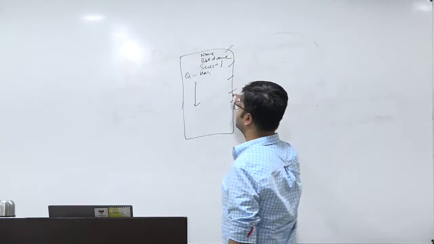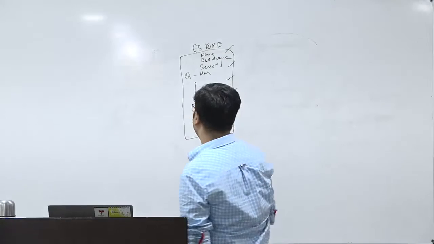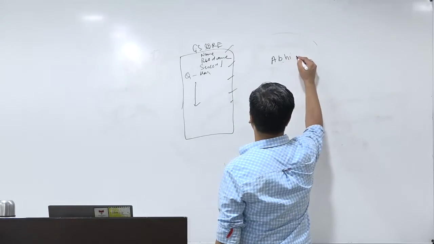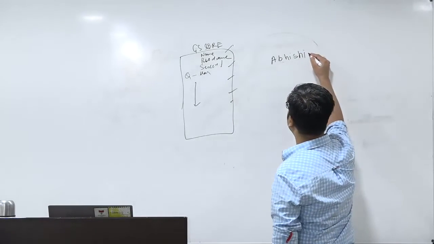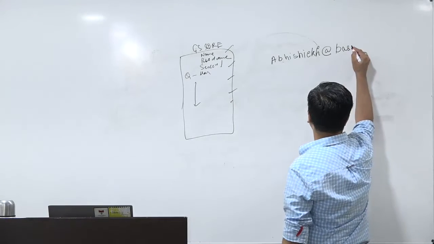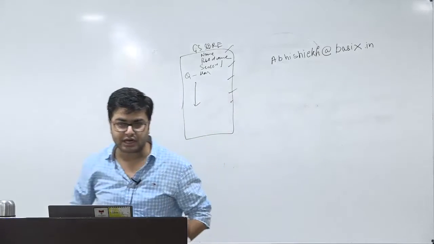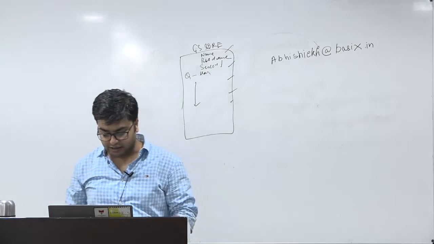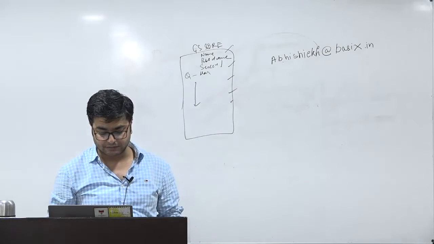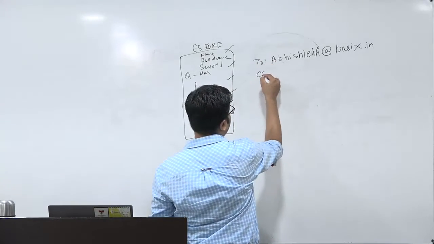Remember, this sheet should have this. Also write GS score at the top of it. And then you have to email it to abhishiekh@basix.in. Do note down this email ID, right? And the CC should be done at